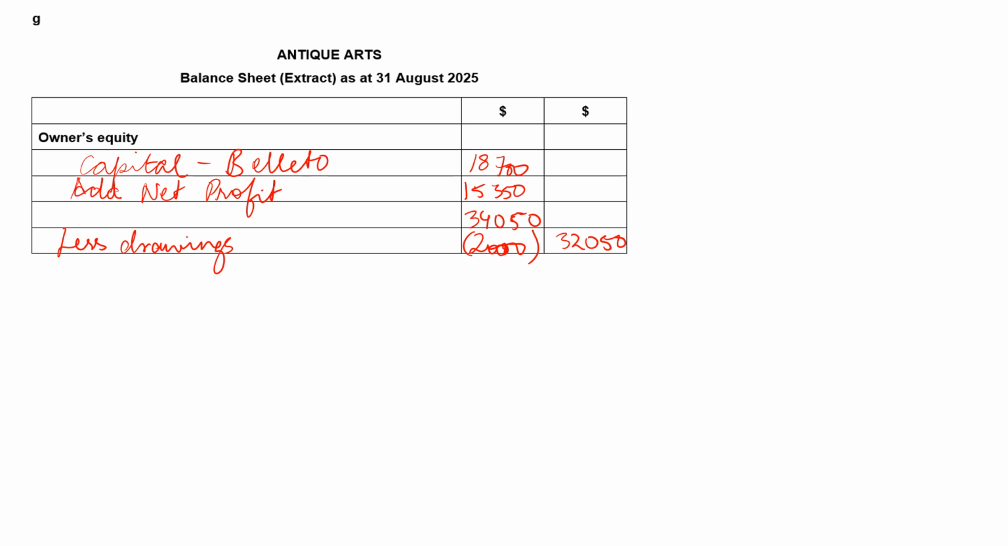Moving on, next part asks us to prepare the owner's equity section. Now this is only an extract because we're not making the whole statement. So we've got capital of 18,700, add to it the net profit made, which you got on the previous slide, 15,350. That equals 34,050, but you still have to subtract the drawings from it, which is the 2,000, and that gives us the owner's equity at